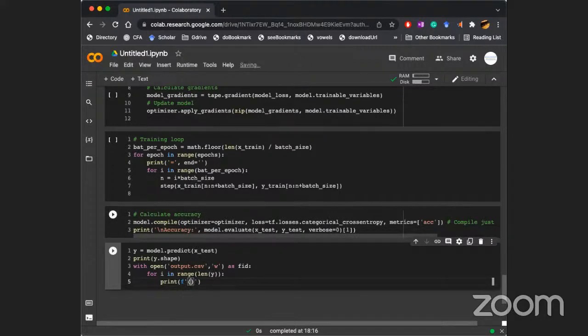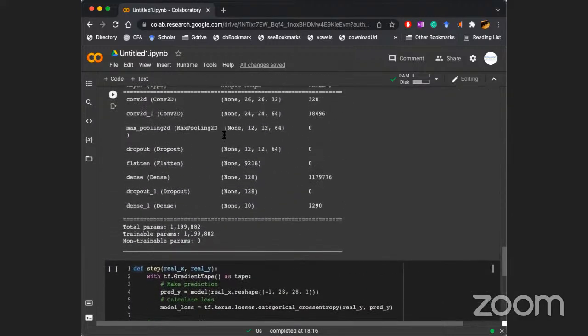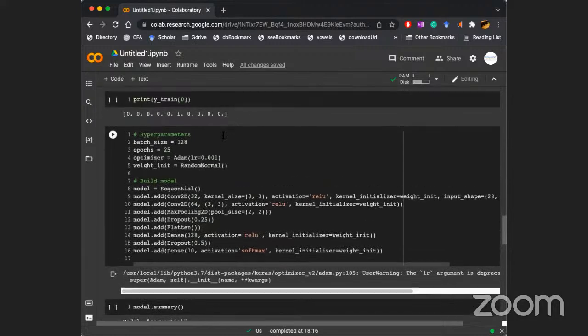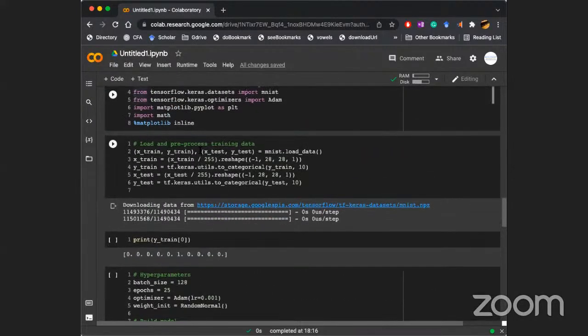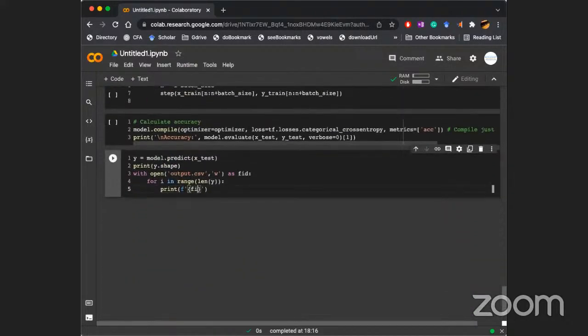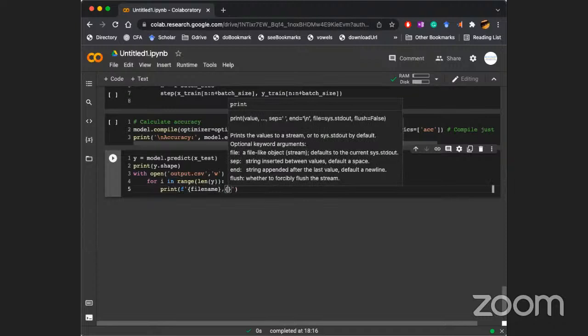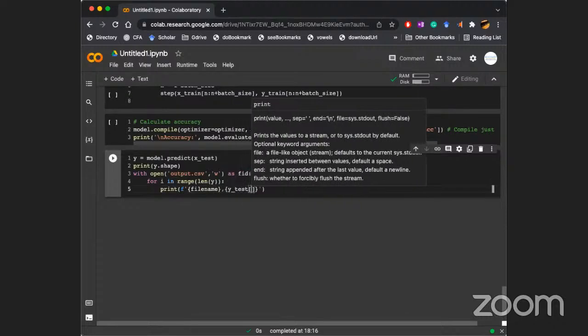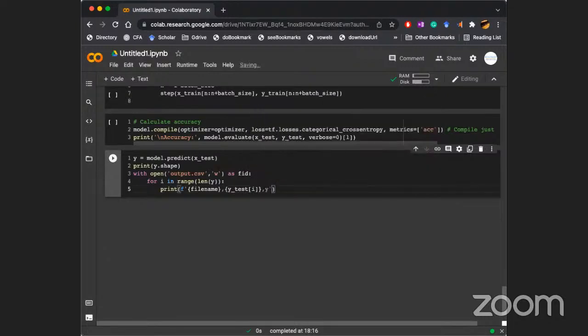Let's say every file has some label. In this case, we didn't have any label for the file because we are not reading these x from some file. Rather, it's just given to you as a numpy array. But if you are reading the data from some file, you will print the file name, right? And comma, you will print y_test, which is the true value y_i, and then you will print